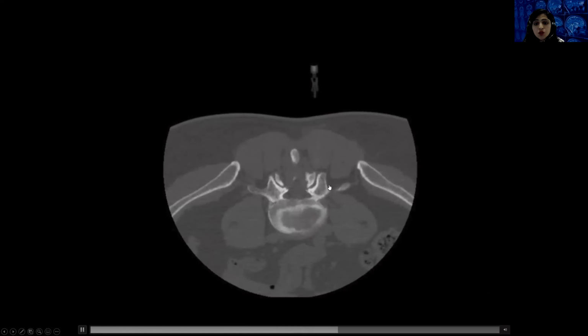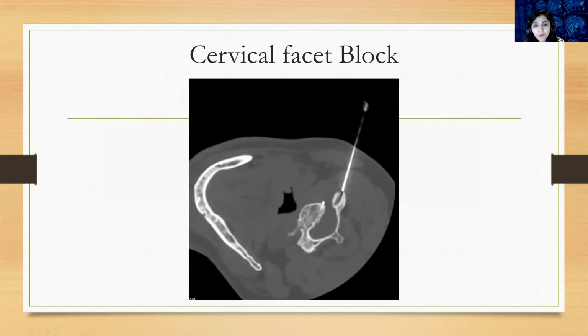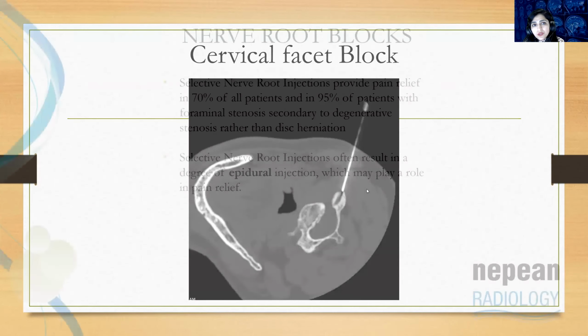Another facet. So this is lumbar facet injection. This is why I'm saying that lumbar facet injections are pretty straightforward. You have to go straight into the facet. This is another cervical spine facet injection. Again, an oblique route. You cannot go from here. This is the vessel. This is the vessel. Lot of vessels in this area, so you have to be very careful while doing the cervical spine injections.